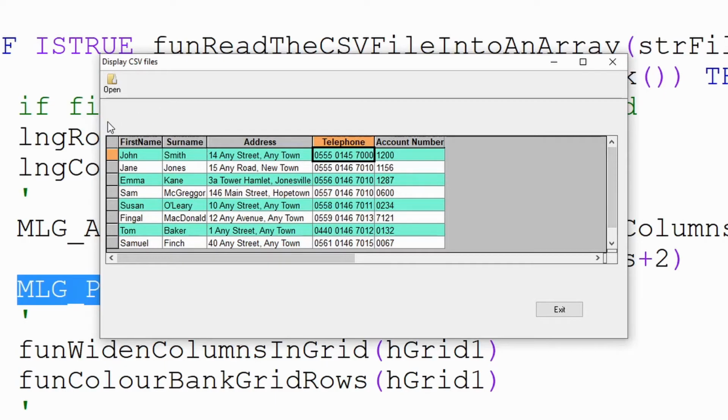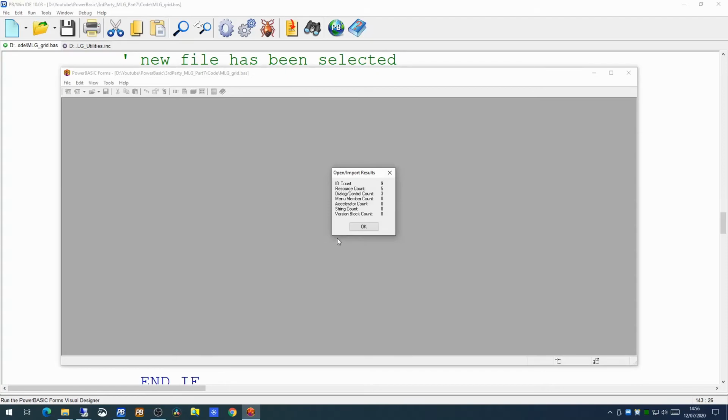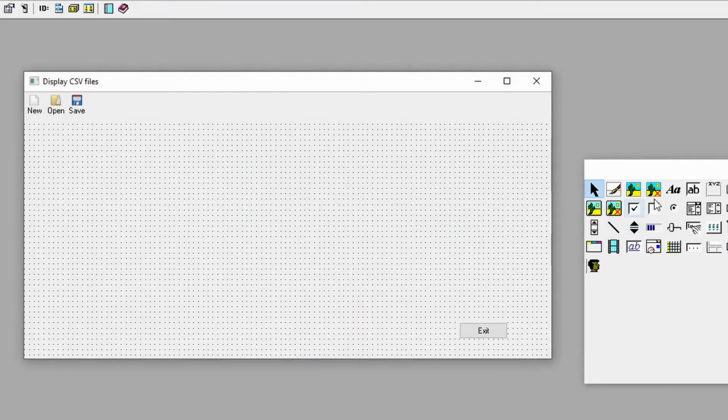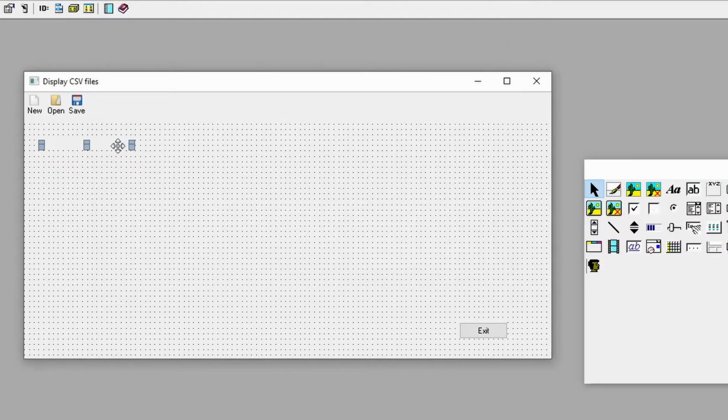The next thing we're going to do is display at the top of the screen how many rows have been returned, which is quite an easy one to do. So if we go back to our PowerBasic forms, and we want to add in a label, move this one down just a little bit and over. Now we'll change the name of this to be something a little bit more helpful. Start off with 0, and we'll make it a nice shade of blue. Right, so if we save that,